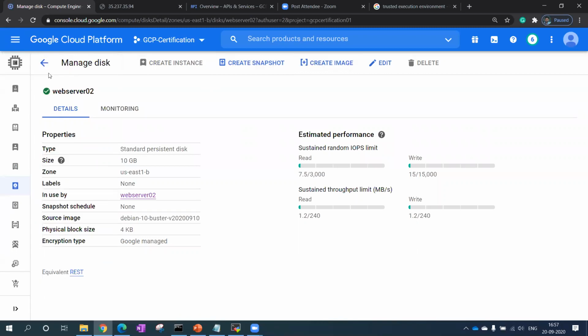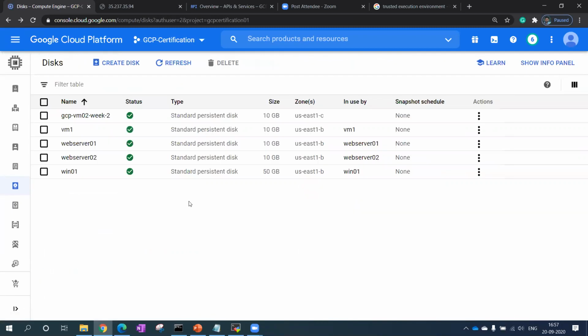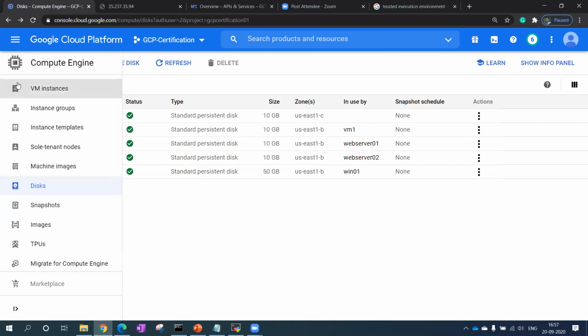Now the point is, what about backup? It is a very important point. Everybody normally asks this question: what about backup? How can I take a backup? Snapshot is nothing but a backup, a disk backup. If you have the snapshot of a disk, you can create a new VM. It's very simple and straightforward. But how can I maintain multiple versions of a snapshot?